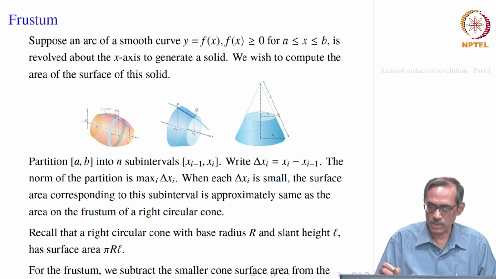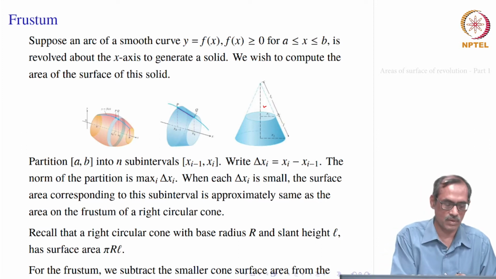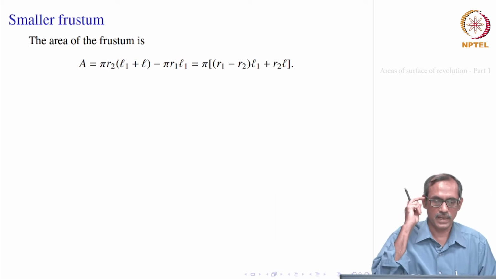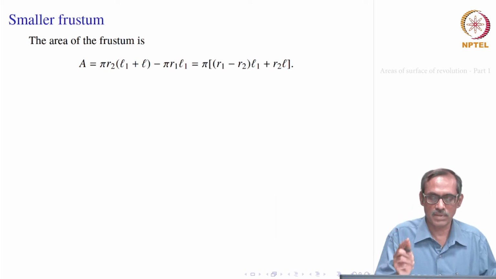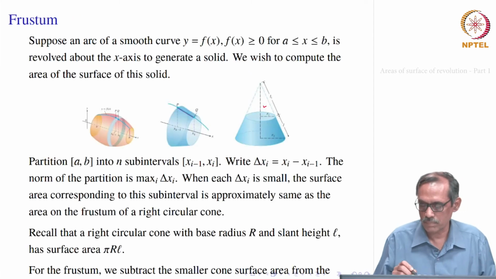So, for the frustum what do we do? We take the full area of the cone and then subtract the portion which is white here. So, we subtract from this full area the white portion of the cone. If that is small l, this is capital L minus l, it will be pi r, but this r also will change, r will be the top one now. Okay, let us find it out. So, the area of the frustum will be pi r2 times, let us look at the picture.